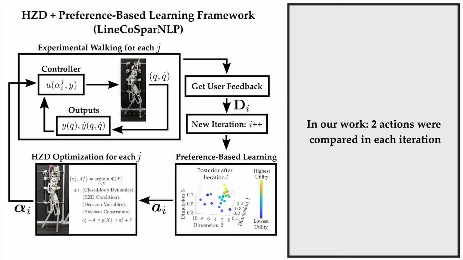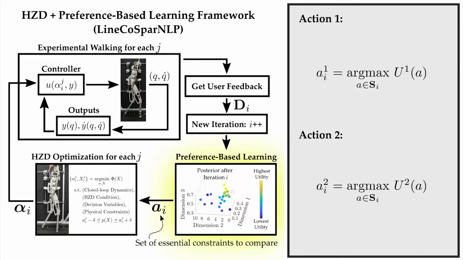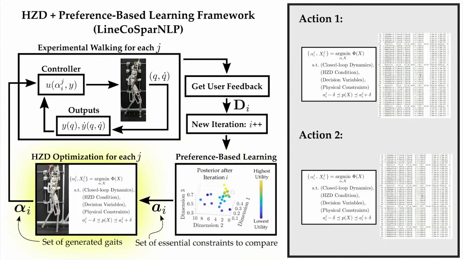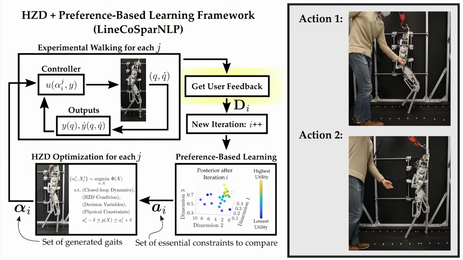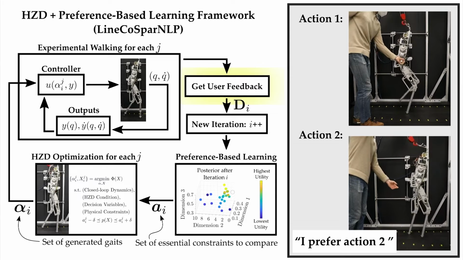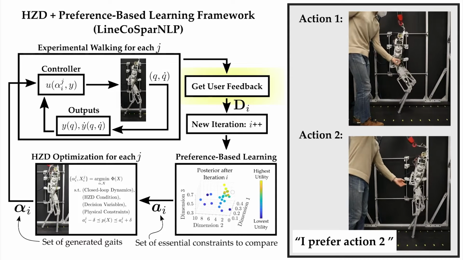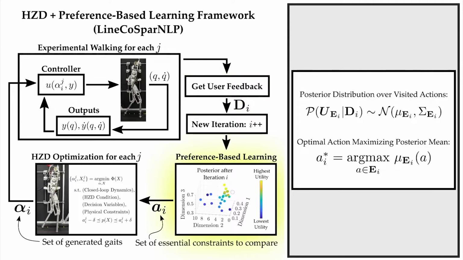In each iteration, new actions are sampled via Thompson sampling. Gaits are then generated for these actions and executed on the robot. A human operator observes the experimental performance and provides a pairwise preference. The learning framework then updates its belief of the optimal action using this new preference information, and the process is